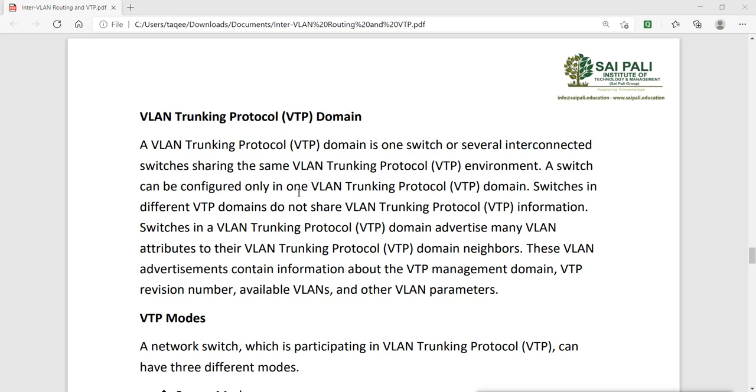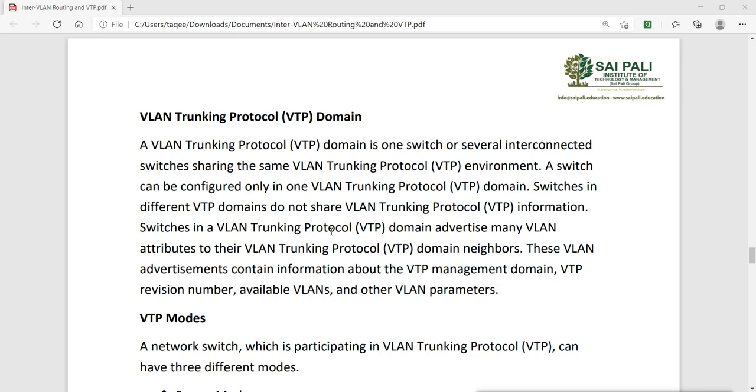What does the VTP protocol do? It creates a domain for the switches, and in that domain we have one switch as a server, and the other switches we use as clients. On the server switch we can create VLANs, and the information of those VLANs will be replicated to all the client switches.